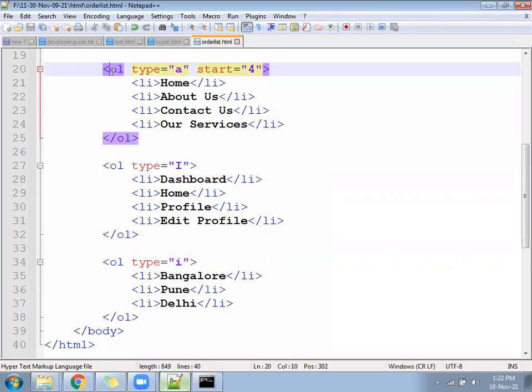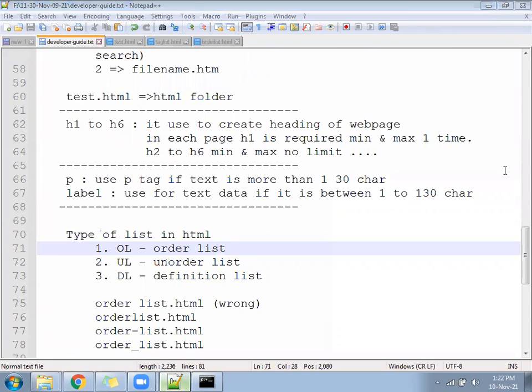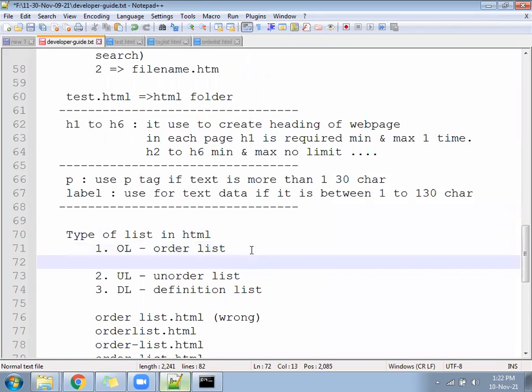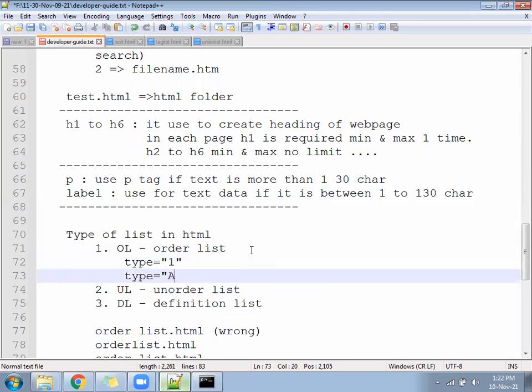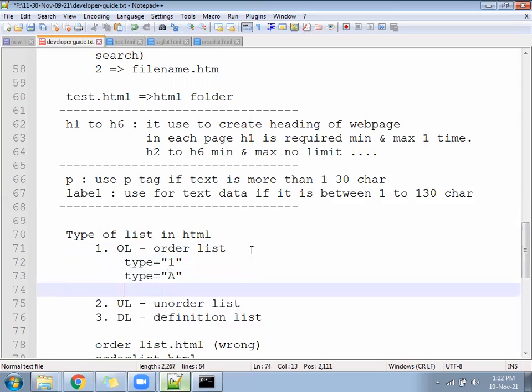Go ahead, next. We will go to the next file. How many types have we written? We need to make a note in the developer guide. For OL, how many types do we have? We have one, type equal to number. Next we have type equal to capital A. Second, type equal to small a.